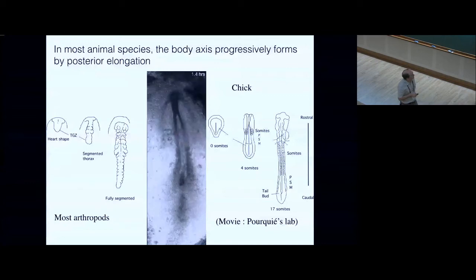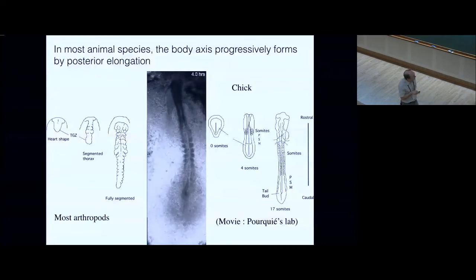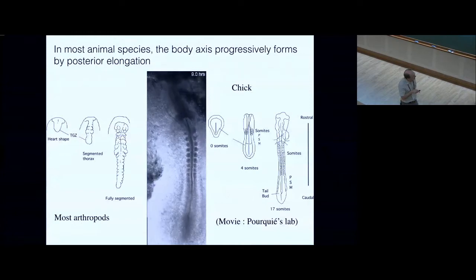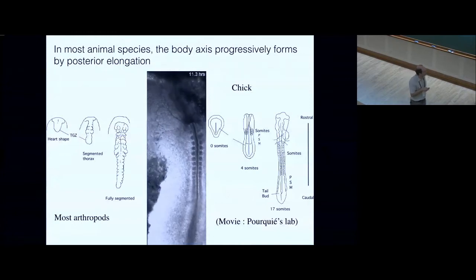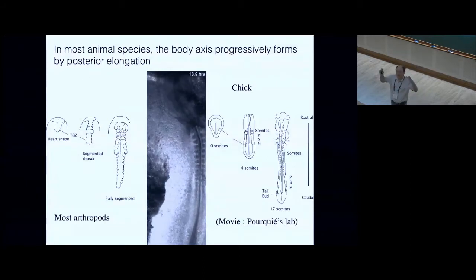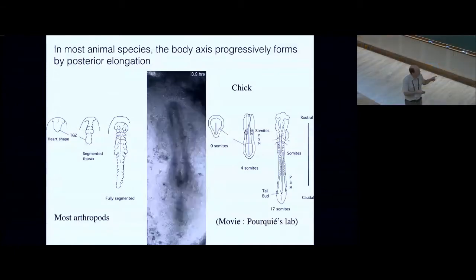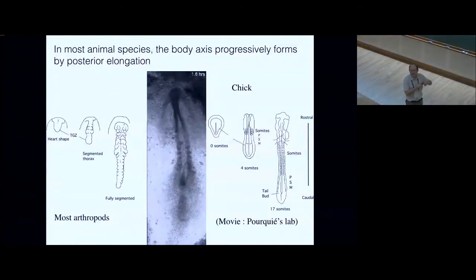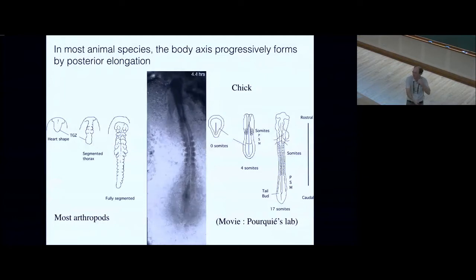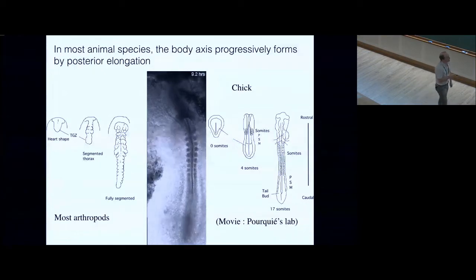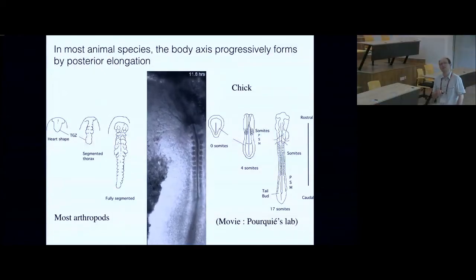Now I move. So you see this is called a tail bud. The tail bud extends, and as it extends, you form vertebrae in the upper part of the embryo. That's very different from fly, where the fly is essentially a fixed egg, and then you make the pattern, you make all the stripes, and just before gastrulation, you already have defined all your segments. Here, in most animals, you define segments as you grow. It's a much more dynamical process. That's the thing you should bear in mind.